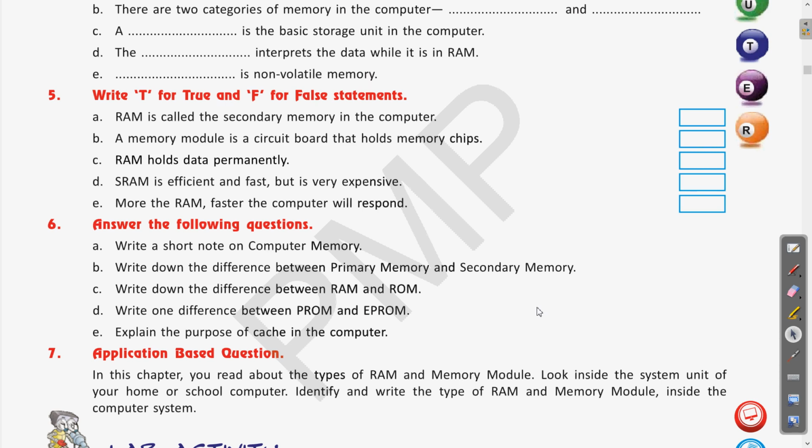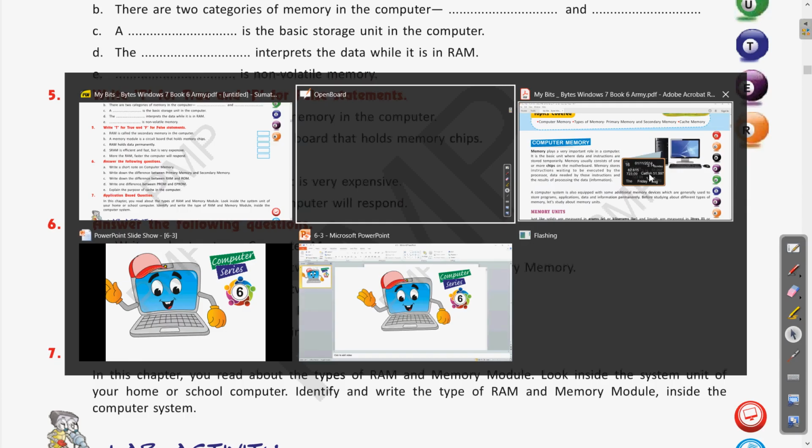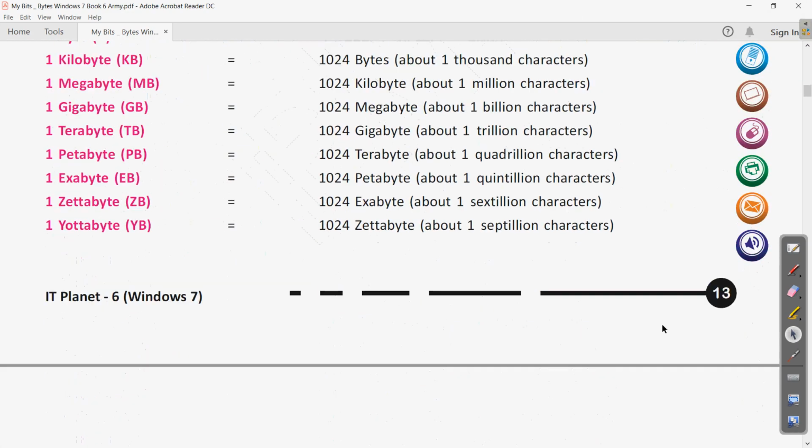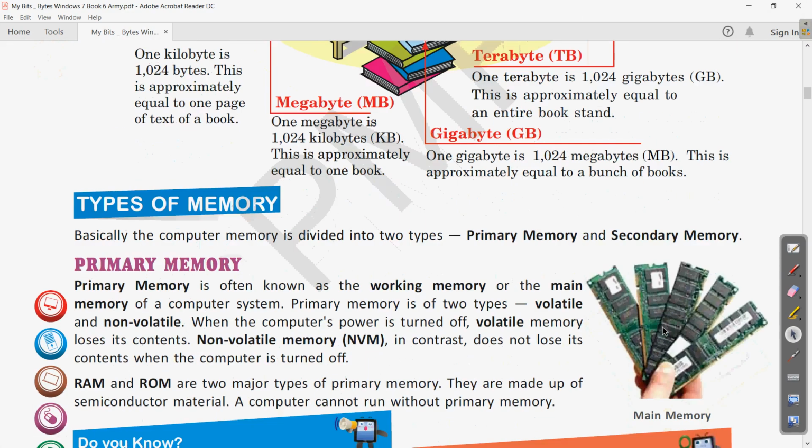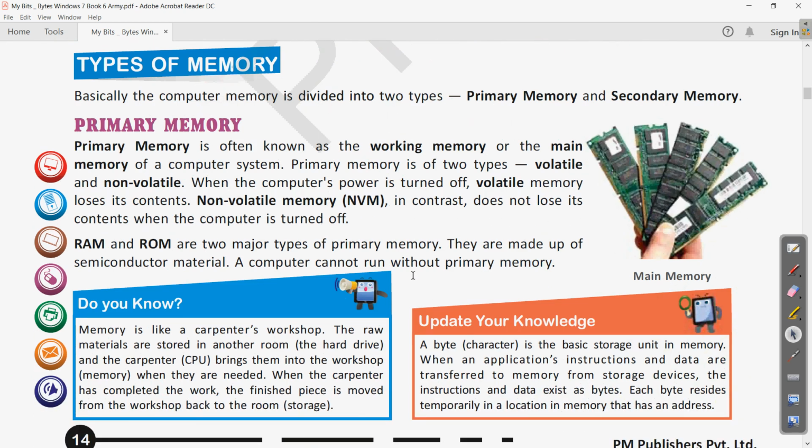The answer for primary memory we can get on page number 14. So here is the part about primary memory. Clear? This answer can be written by drawing a parting line in between, and on one side you will write about primary memory and on the other side you will write secondary memory, this way. Clear? So this is primary memory and this is secondary memory. You will write the answers point wise on both sides of these.